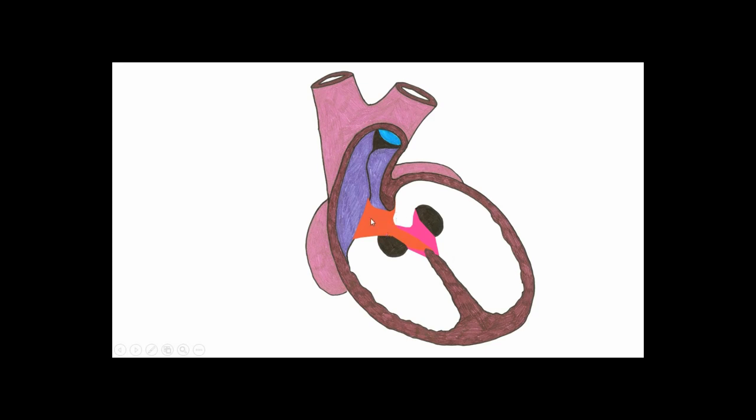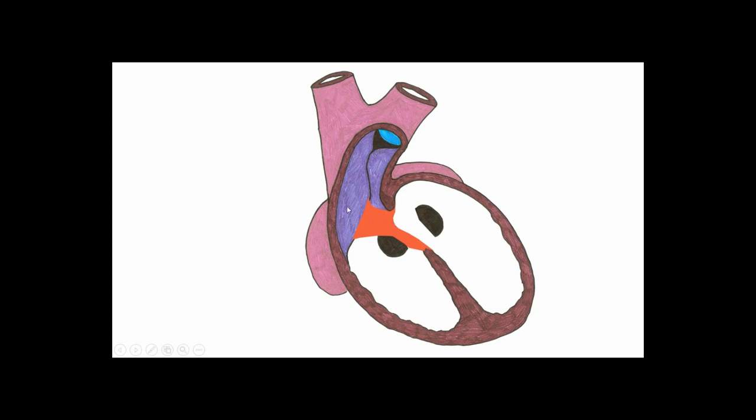And at this point we have a completely separate aorta posteriorly and a completely separate pulmonary trunk anteriorly. Now, just for the sake of hopefully making this a little clearer, I'm going to get rid of the interventricular septum's membranous portion there, and you can see that blood entering from the left atrium to the left ventricle is going to be pumped up and out, and it's going to go posterior to this little wedge of tissue,